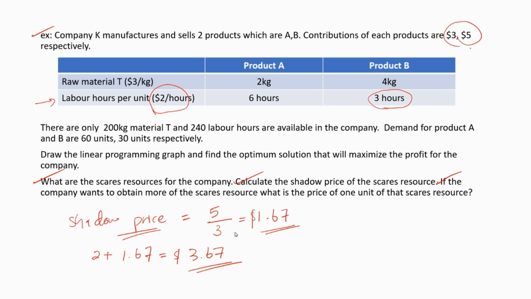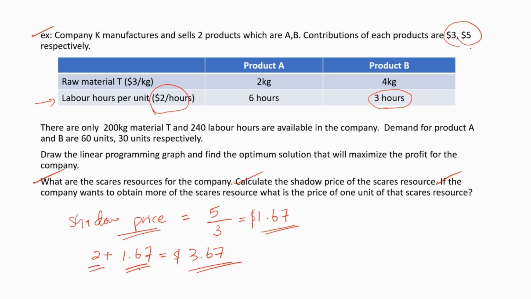Always remember, shadow price is not the final price. Shadow price is the premium or the extra amount that the business is willing to pay. Usually they have to pay $2 per labor hour. After implementing the optimum solution, if the company wants to obtain one more hour of labor, they are willing to pay